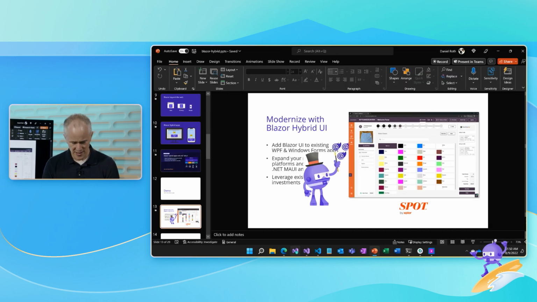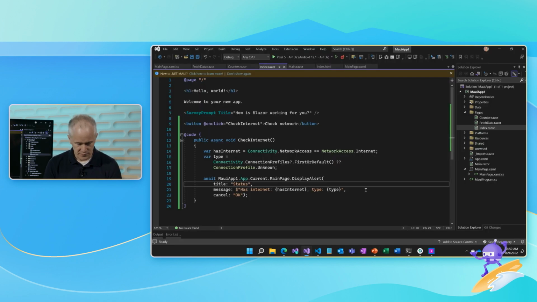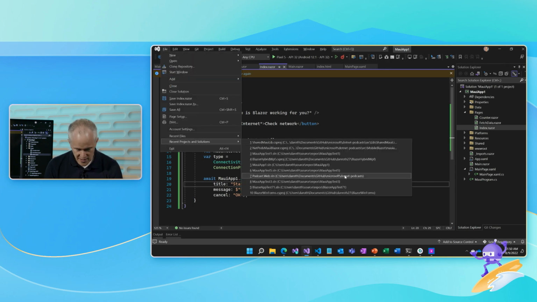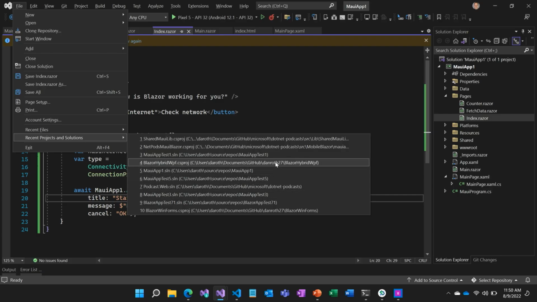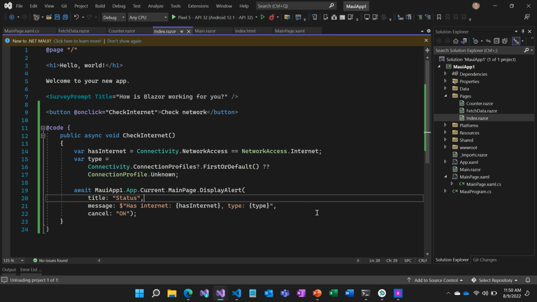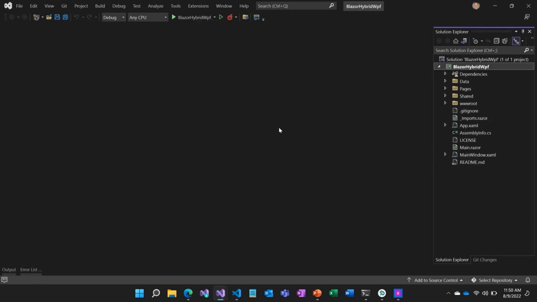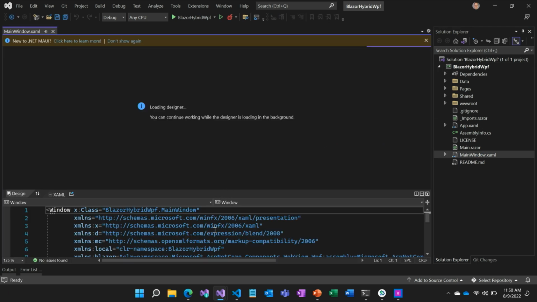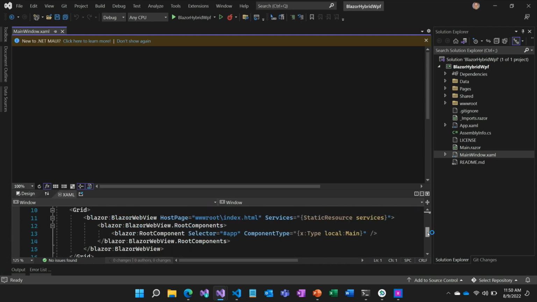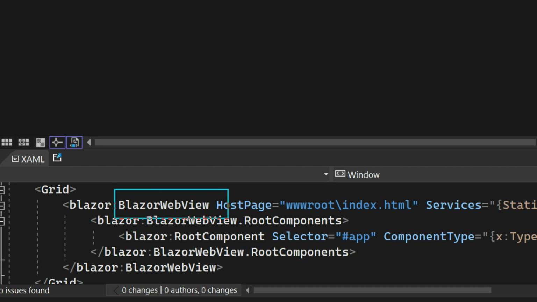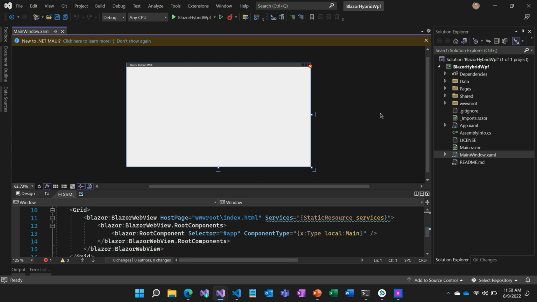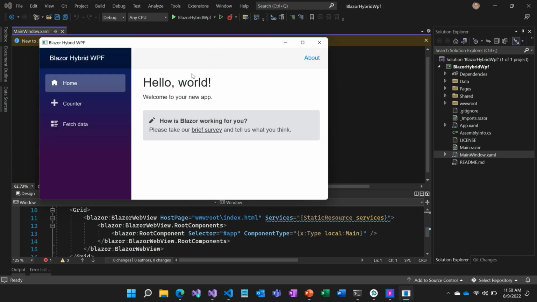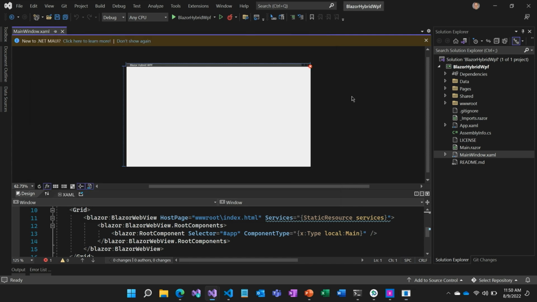Let me show you that real quick. I'm going to hop back over to Visual Studio, and then let's open up this. Let's look at WPF first. So here's a Blazor Hybrid WPF application. So this is a WPF project. As soon as it comes up, there it is. And it has this MainWindow.xaml. So it's still XAML. It's not MAUI XAML. It's WPF XAML. But down here below, you can see that there is a Blazor WebView control that you can get from NuGet as a NuGet package. And if we go ahead and run this, we now have a WPF application, which hopefully should show our Blazor UI. There it is. So that's WPF with Blazor.